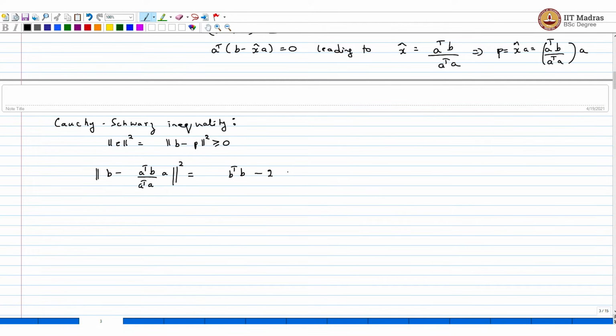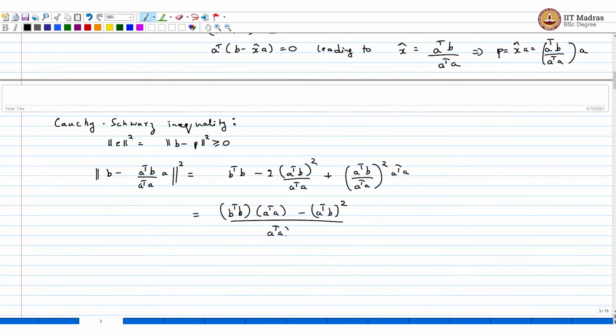minus 2 times (A transpose B) square divided by A transpose A plus (A transpose B by A transpose A) square into A transpose A. Now this can be reordered as B transpose B into A transpose A minus (A transpose B) square, divided by A transpose A. And we know that this is non-negative,